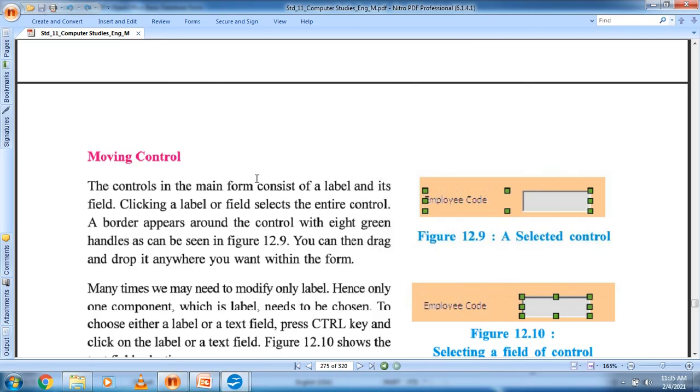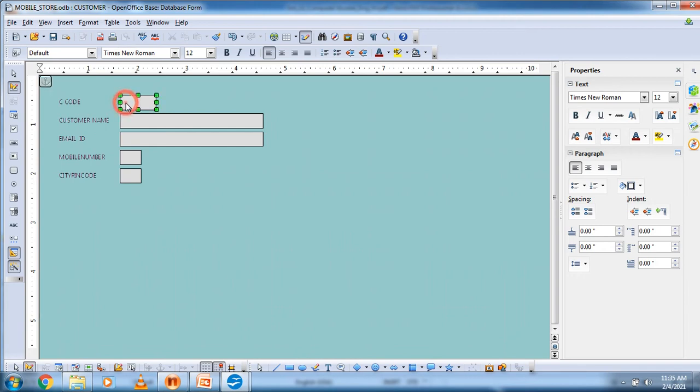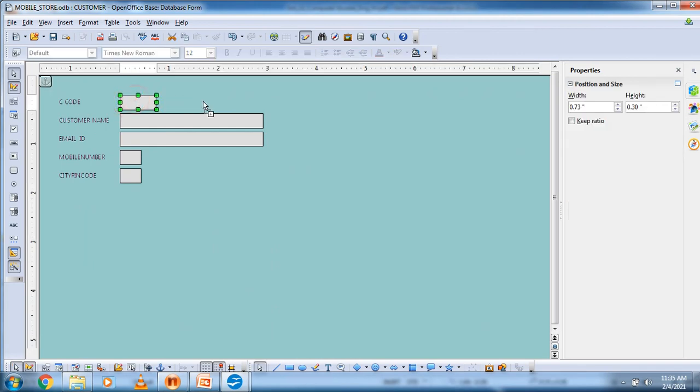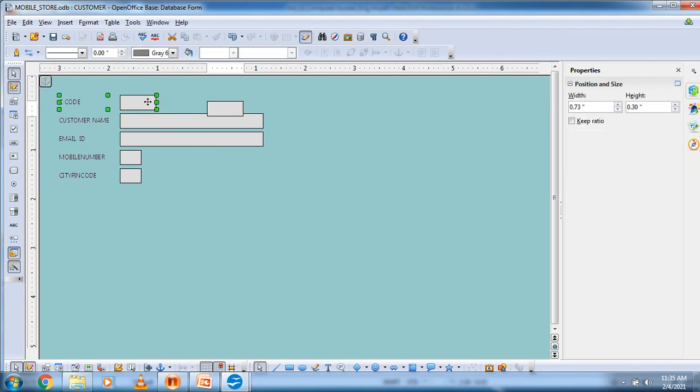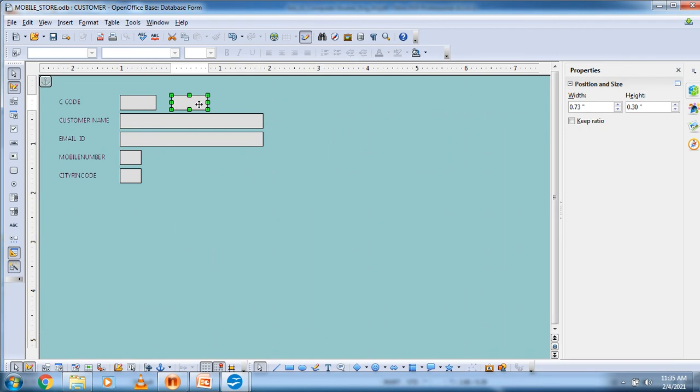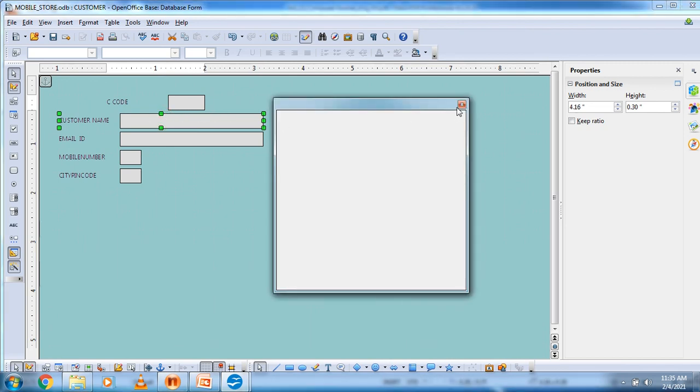After that, if you want to move the control, suppose you want to move this text box from here to here, or put it over here, this is copied, so I delete it. If you want to fully move all these things, you can move like this.